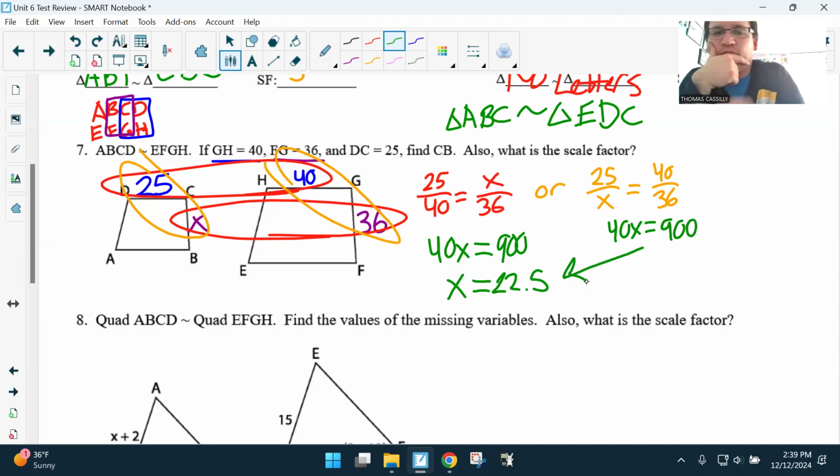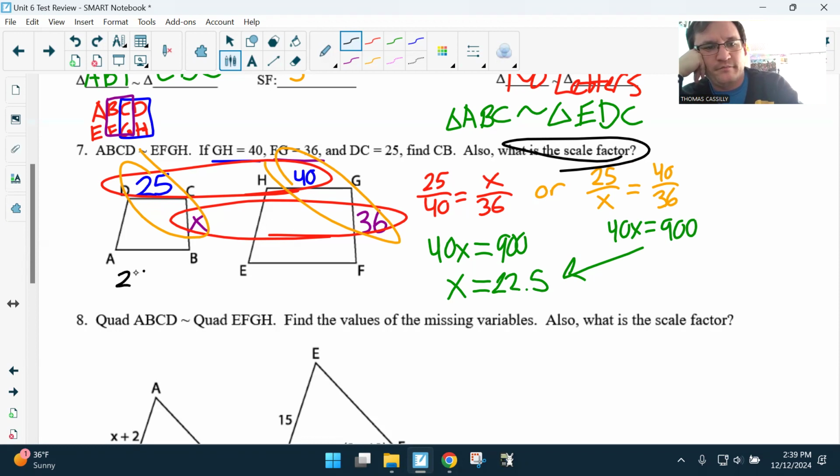The last part they're saying is what is the scale factor? Just compare the sides, right? So 25 over 40. If I take that and simplify that fraction down, I can divide both by 5, so I'm going to say 5/8. That is my scale factor. If I went the other direction, it would be 8/5. If I turn that into a decimal, this is